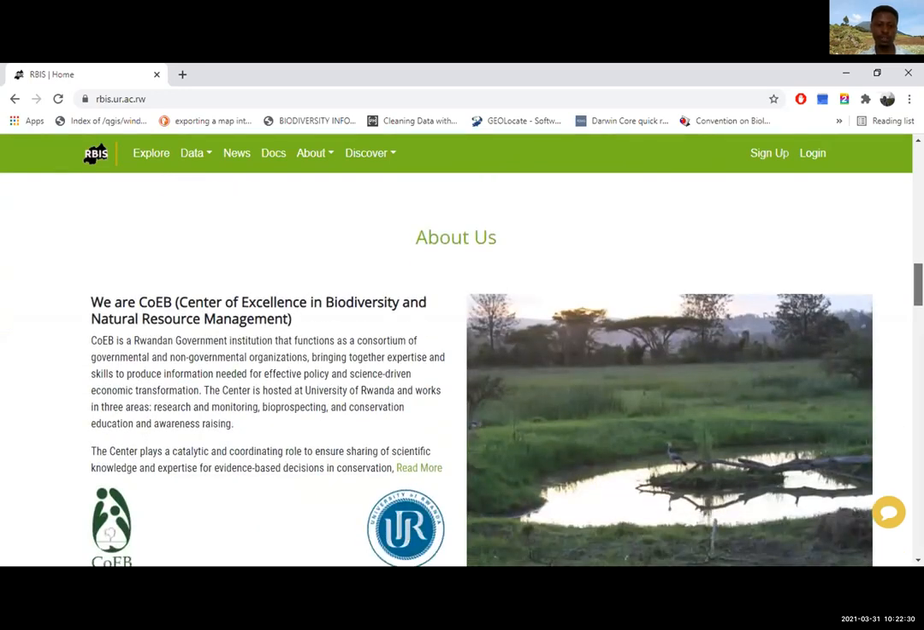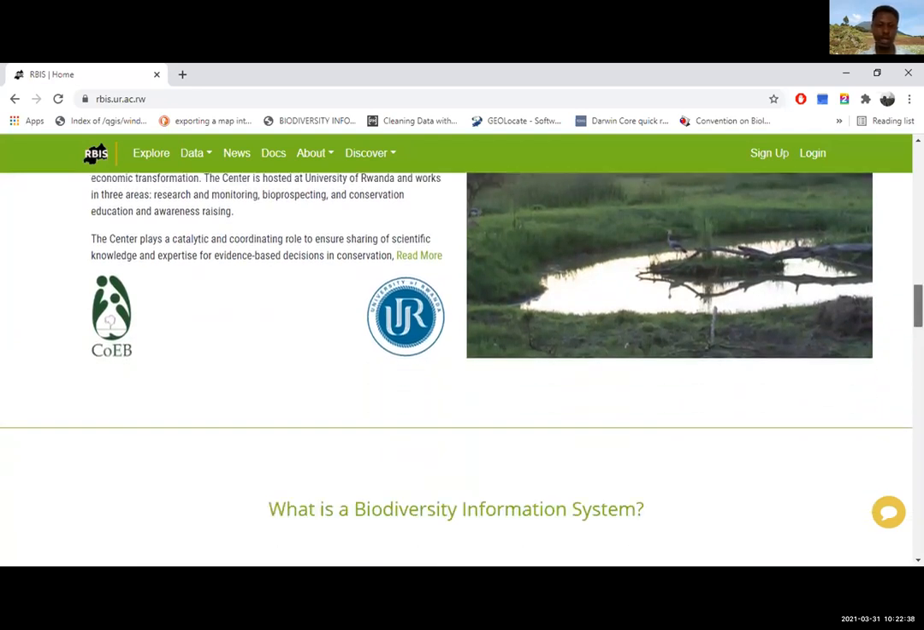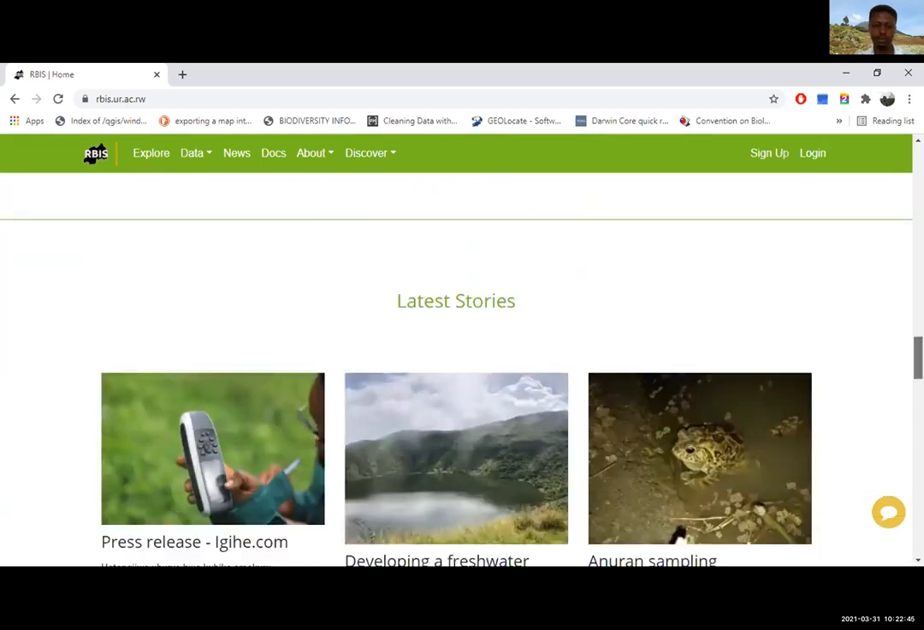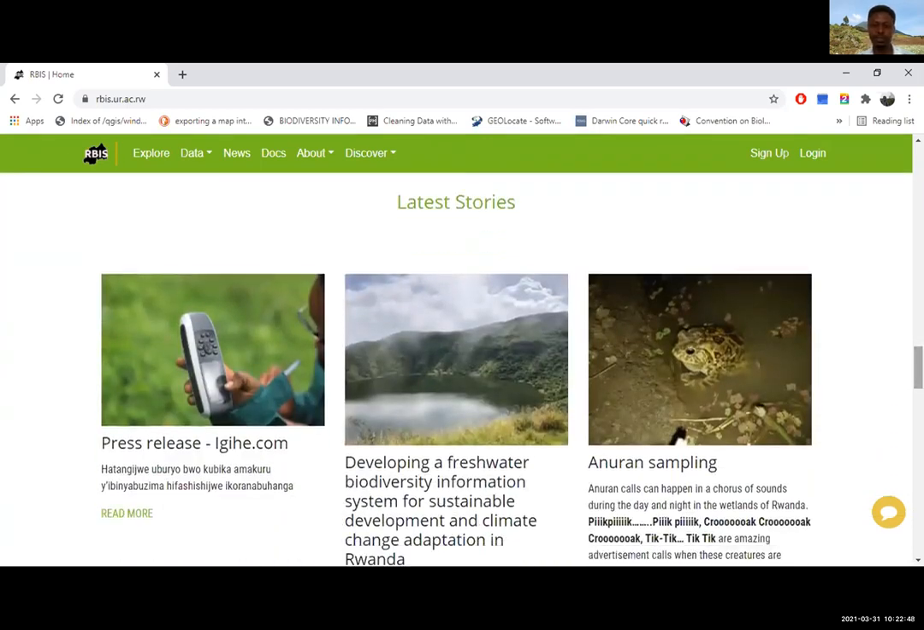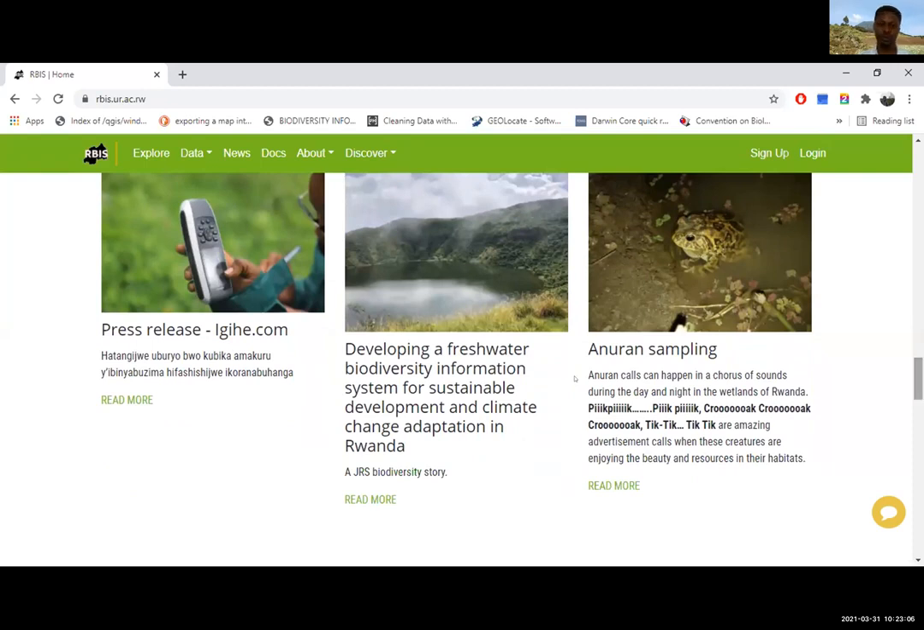We also have on this page who we are, the Center of Excellence in Biodiversity and Natural Resource Management. And we have information about what the biodiversity information system is about. We have a couple of latest stories. We recently have been covered in the local newspaper here in Rwanda called Igihe.com. You can read more about this, although it's in our local language, but we have a couple of more stories